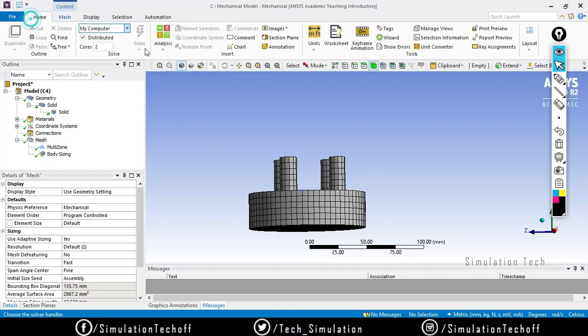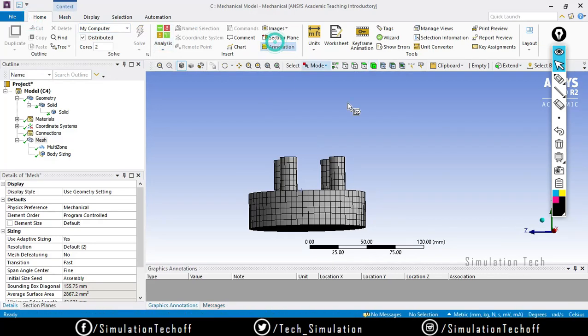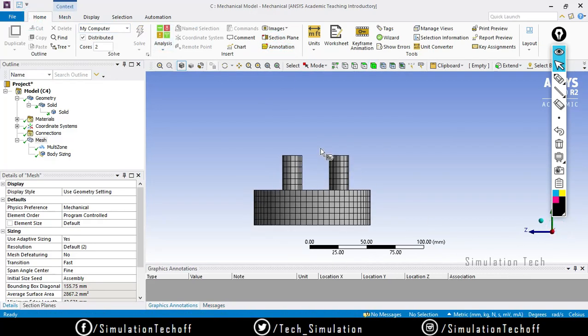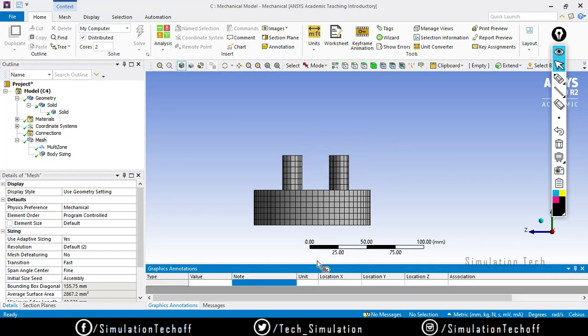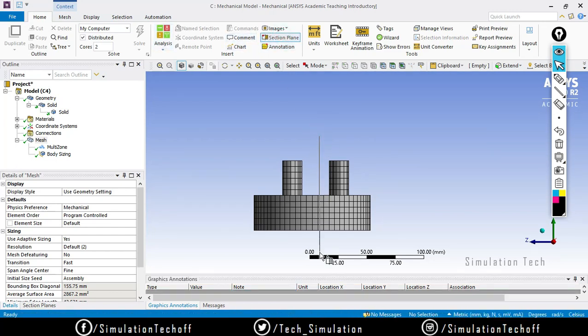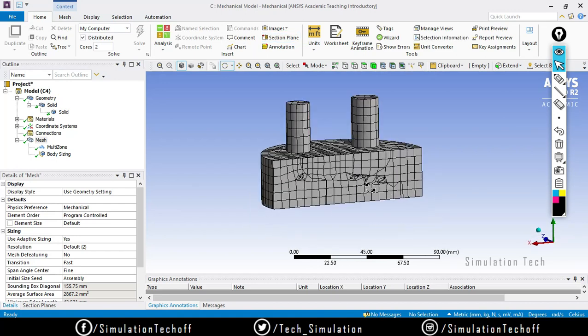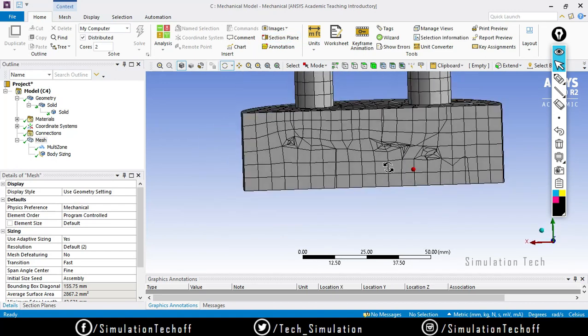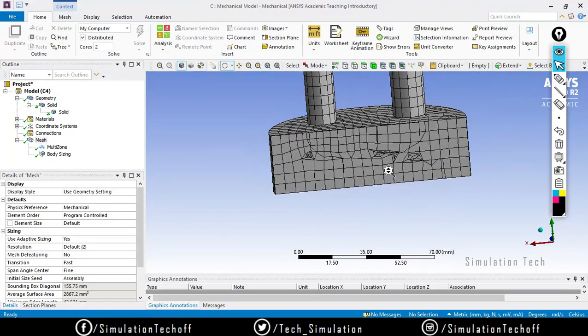So for that I will use the sectional plane option, sectional plane. Okay, one sec, sectional plane. Okay, see, it actually created a mesh, but it is not in a proper manner.